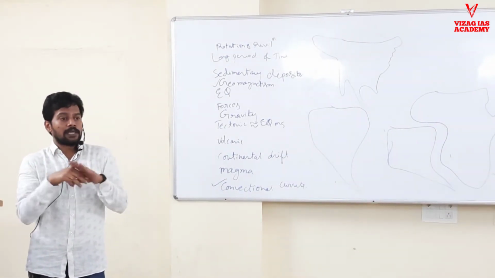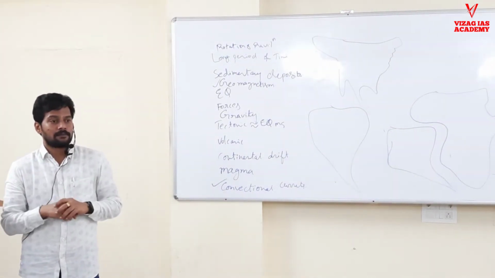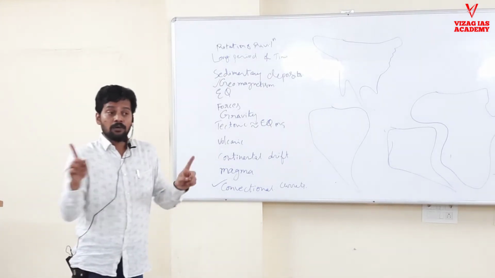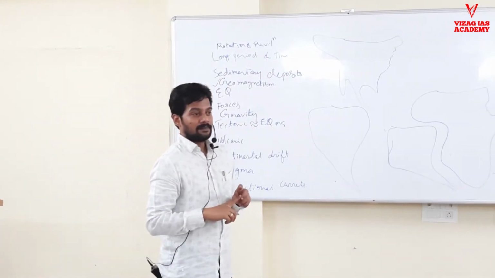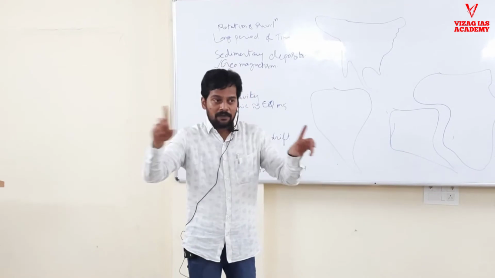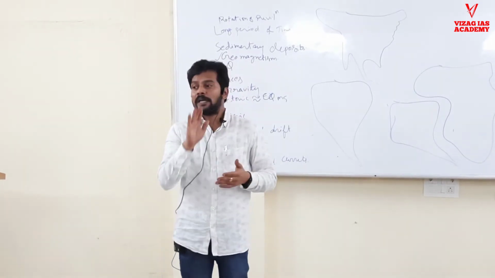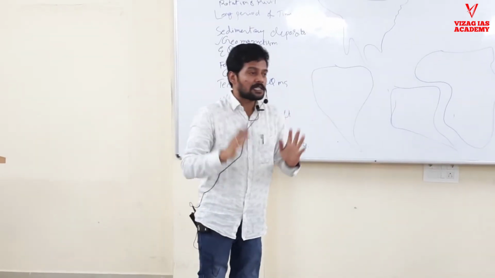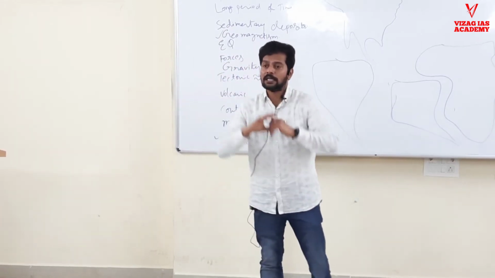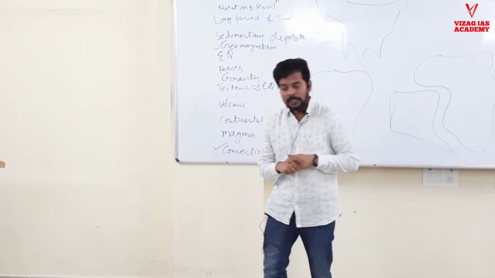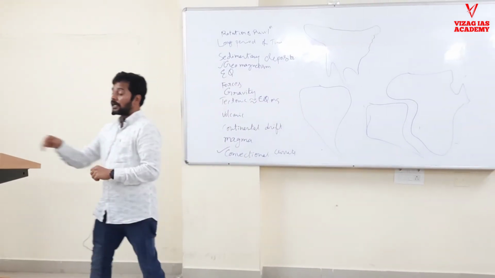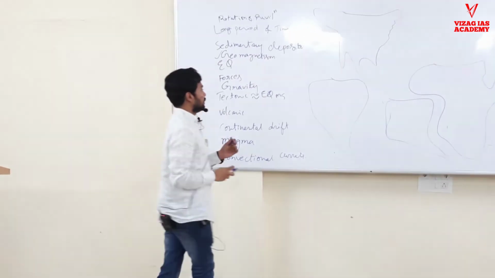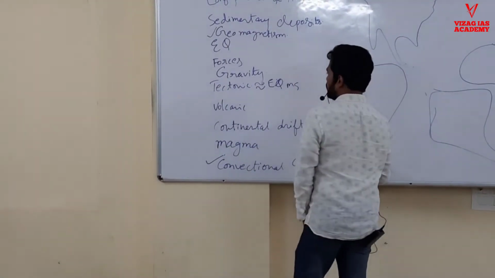So what he said was, all continents were together once upon a time. These were all together, then later separated. He didn't tell how they were moving. You understood? They were together, okay. Now you tell us the reason why they got separated, how they came together in the first place. That's why he called his theory the Continental Drift theory.